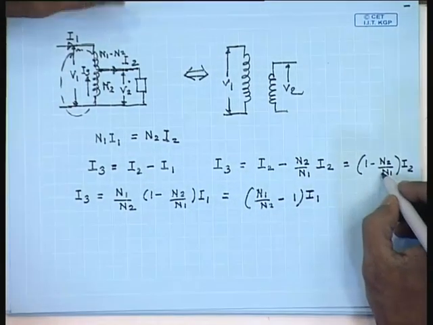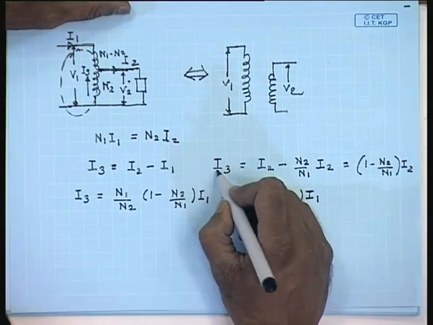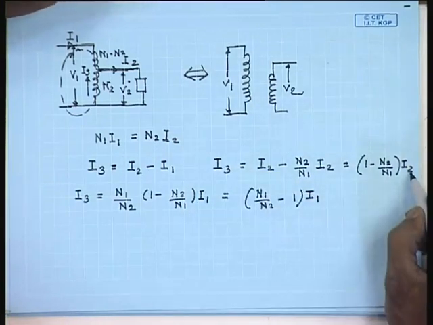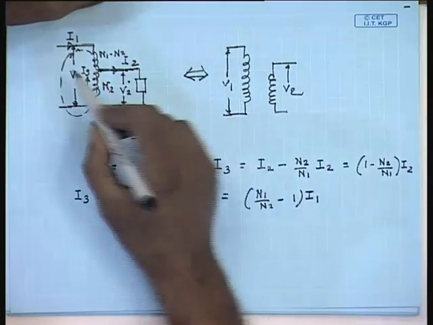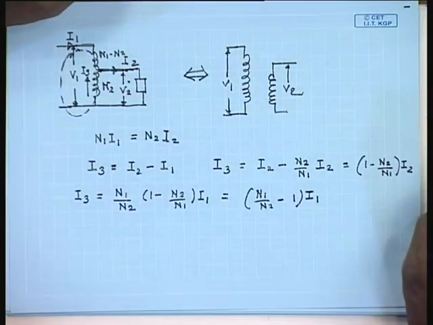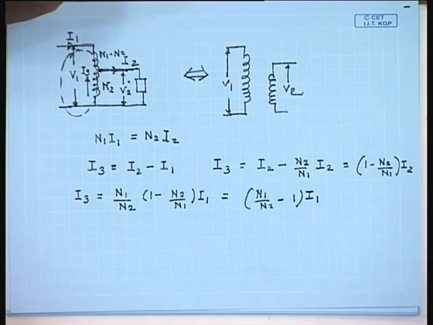From this expression we can see N2 by N1 is larger than 0. Therefore, we can see that the current I3 will be smaller than the current I2. That is because I3 is the current due to induction, whereas the rest of the current flows by conduction. So, in an auto transformer, power transfer takes place both by electrical conduction and magnetic induction, and hence certain advantages result. For example,